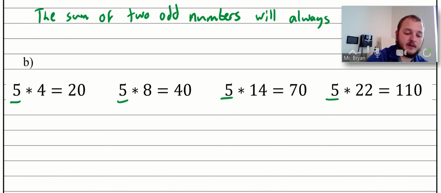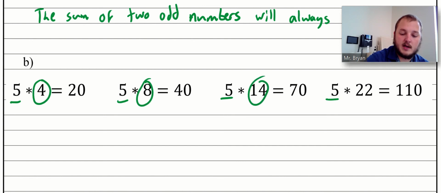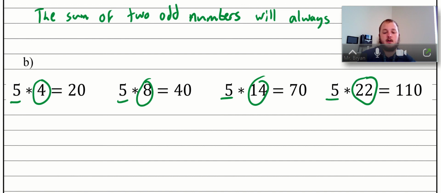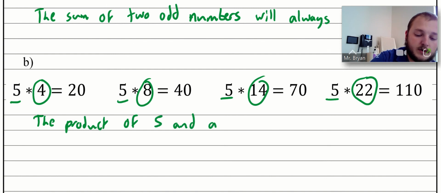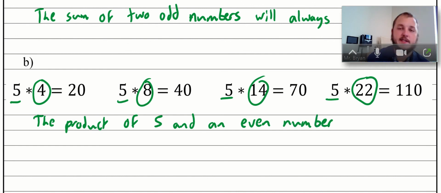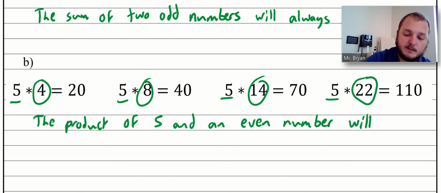And specifically that something, if we look at those numbers that we're multiplying it by, if we can try to come up with some pattern for all of these here, notice all of these are even. So we're going to say we're talking specifically about a multiplication problem involving 5 and an even number. And remember, if we're talking about the answer to a multiplication problem, we call that the product. So I'm going to say here, the product of 5 and an even number. So this is the details of the piece, right? The product of 5 and an even number will always be